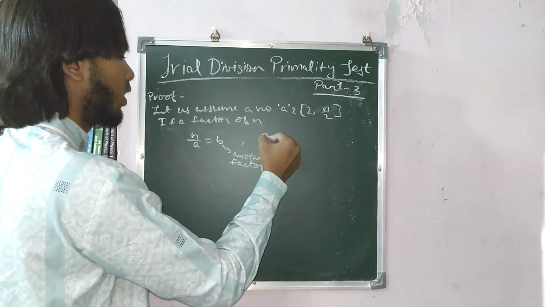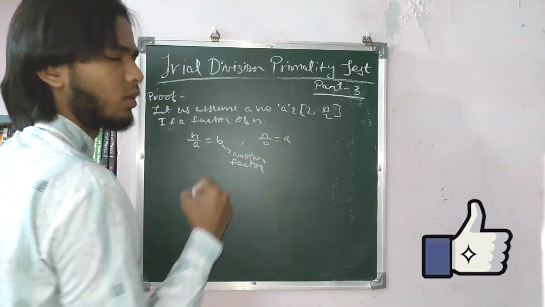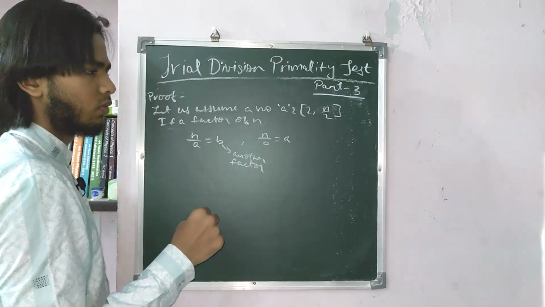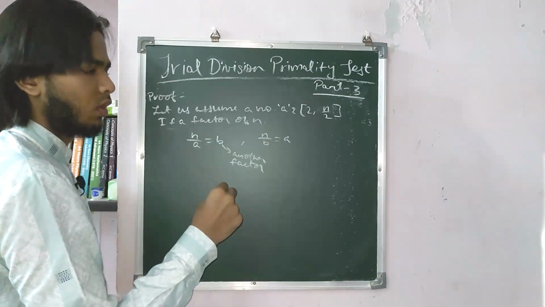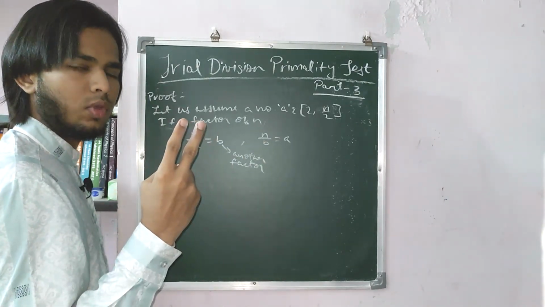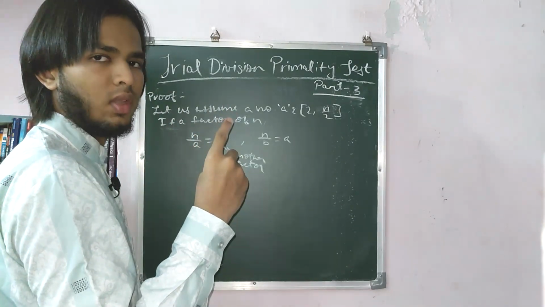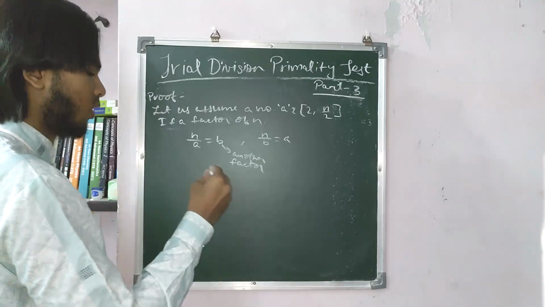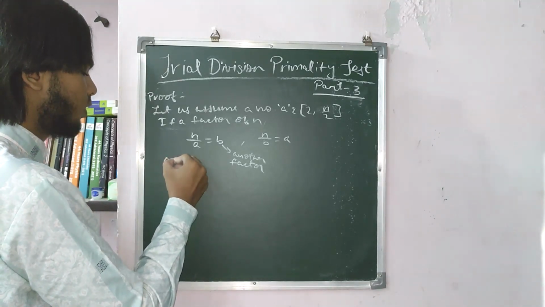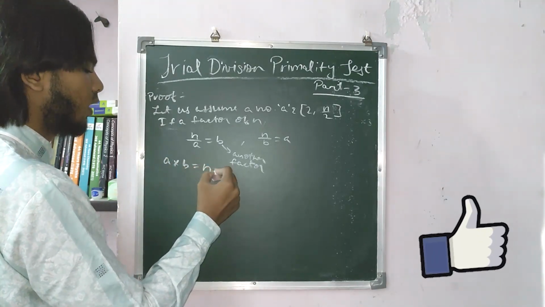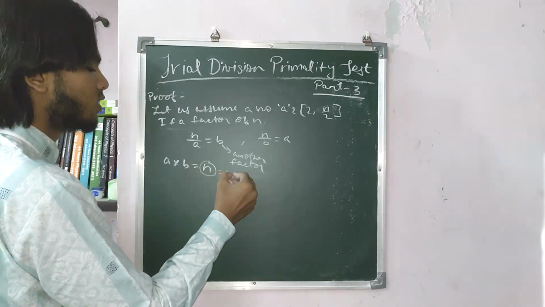And when we divide n by b, we'll get a, another factor of n. So we are getting one pair of factors, that is a and b. So that means when we multiply a into b, we'll get n. And since n is some constant value,